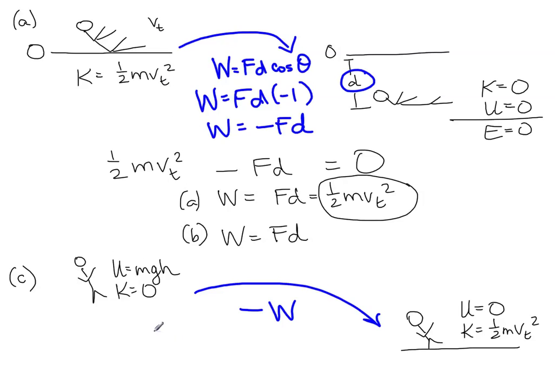And I can make this into an equation. I can say that mgh minus the work done by air resistance has to be equal to the total energy over here, which is 1/2 m v sub t squared. And all they ask you for is this work. So all you have to do is plug in the numbers which you know from before, and you can